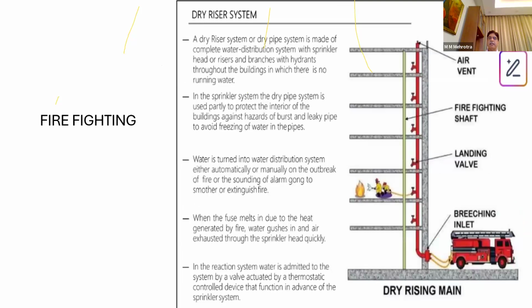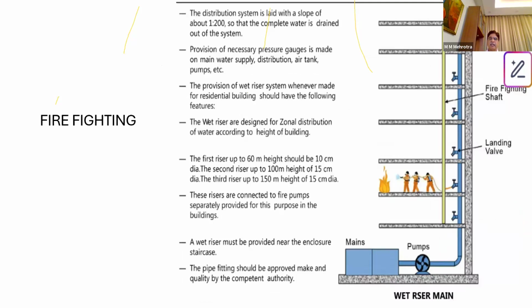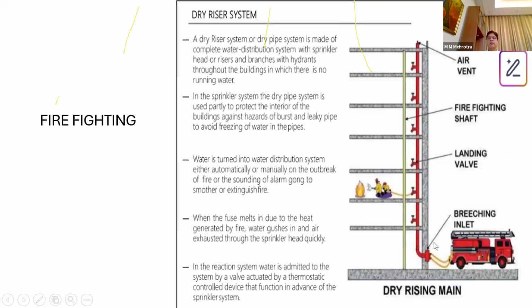Now, in a multi-storied building, the fire goes like this. Now, there are two words, wet riser and dry riser. What is a wet riser and what is a dry riser? A wet riser is connected to a pump room where the pumps are there, and pressurized water is available in this manifold. So the moment there is a fire, you connect this, and water is available at high pressure. But in the case of a dry riser, it is only a pipe system which is connected.